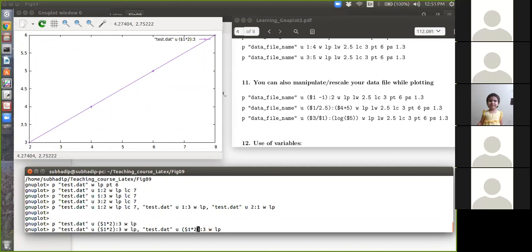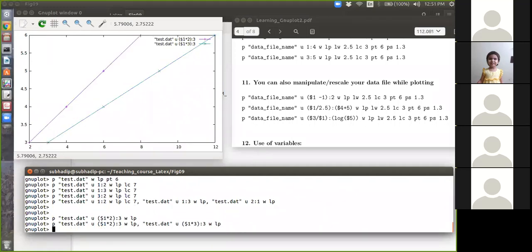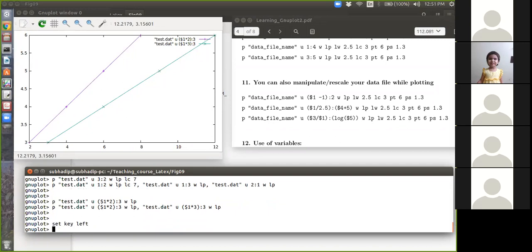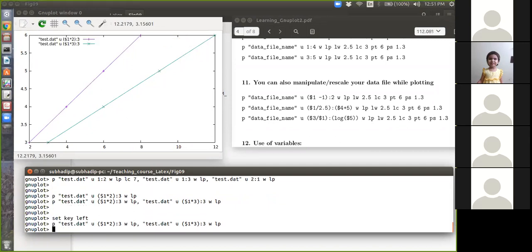So if you want it multiplied by 3, okay, you can see from the legend that using $1*2 is the magenta and the second one is the green. I want set key left. Okay.